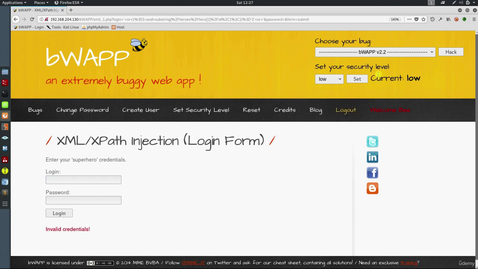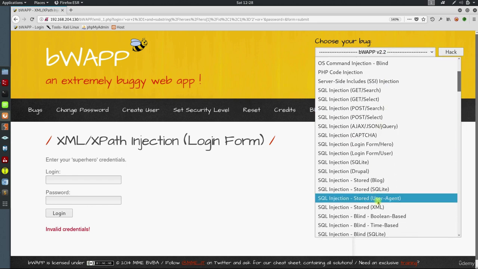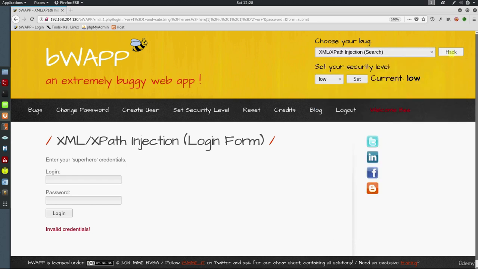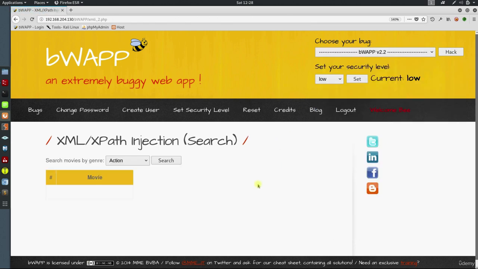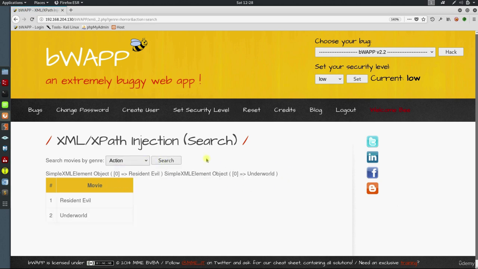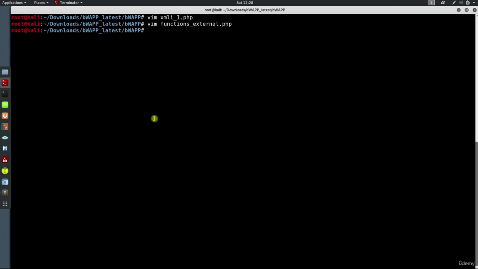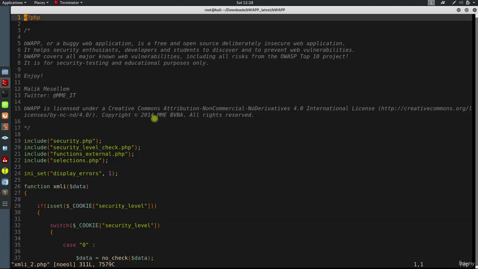So from the menu above, choose the second one. It selects movies based on their genre. So you may not see this raw message on the page. I enabled it from the code so that I could show you how XPath finds the values. So don't freak out. But just open the terminal, view XMLI_2.php,